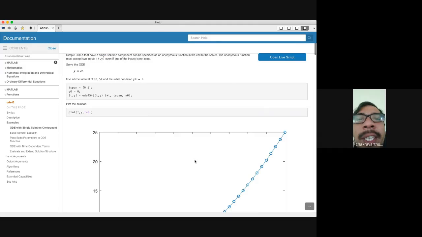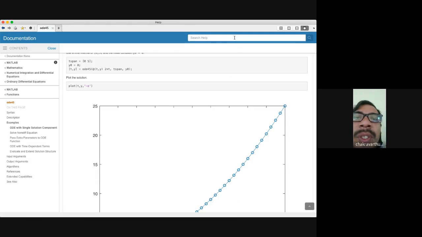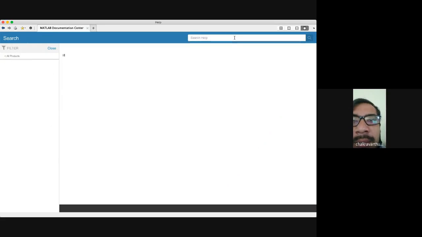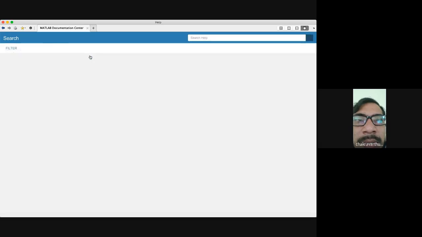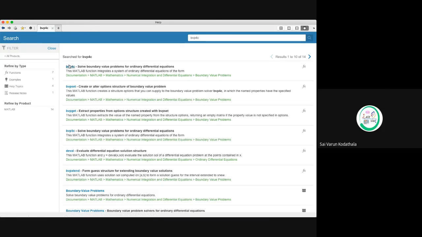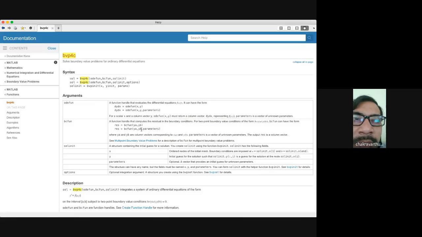Similar way, we have the BVP4C as well. Just go to BVP4C. Boundary value problem, BVP4C. Yeah, just click. Not there. Yeah, first one, just click on BVP. So here also, this is the structure of BVP4C. Most of the time, I think almost all fluid dynamics problems they try to solve by using this solver. In the solver, you have to understand how the background is going to be.